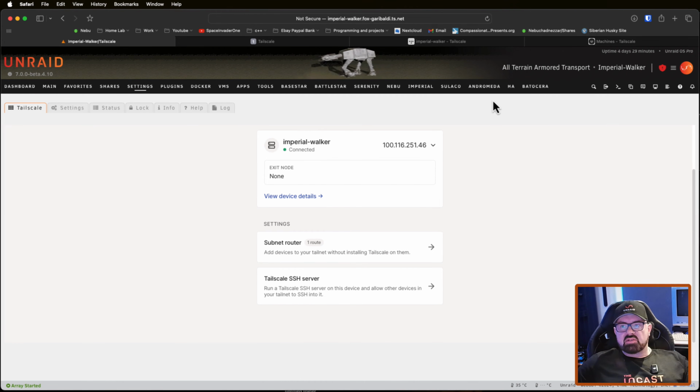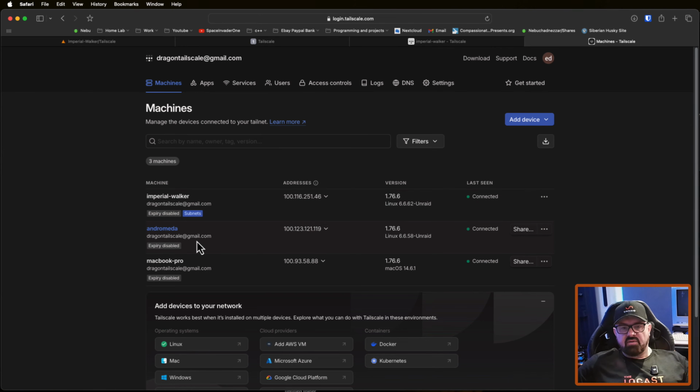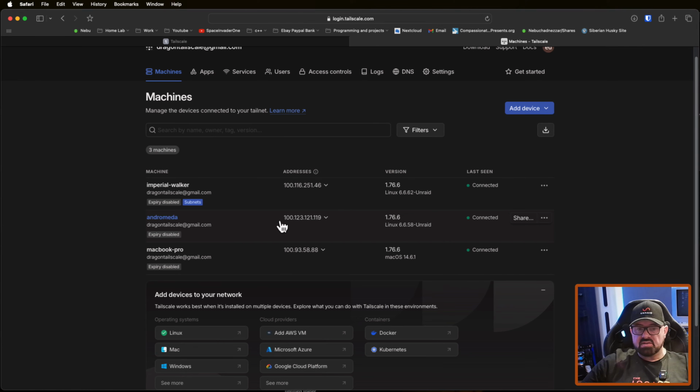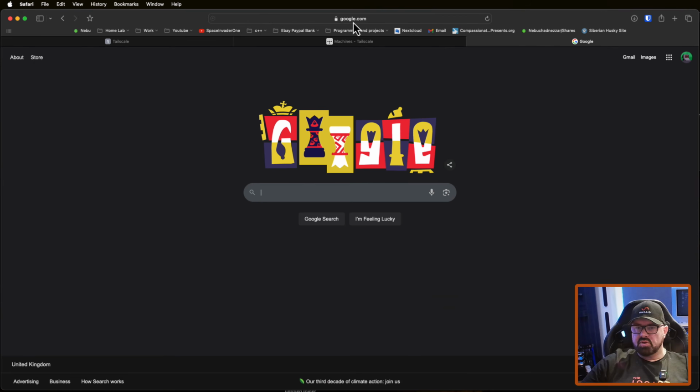But as you saw a moment ago, I have added this server here called Andromeda. Now, this is a server that I have in a data center over in Finland, so it's a long way away. So anyway, let's connect to this server here. So I'm going to grab its IP address, open a new tab, and just paste the address in here,